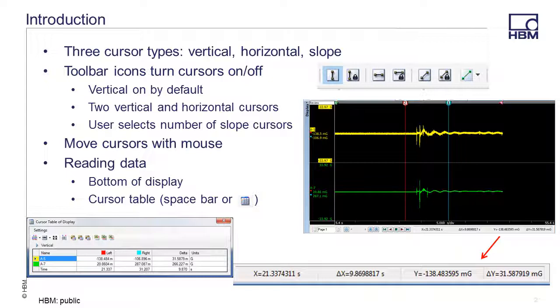Perception supports three cursor types: vertical, horizontal, and slope. Icons in the toolbar are used to turn the different types of cursors on and off. Vertical cursors are enabled automatically. You will find them docked at the far left corner of the display. When vertical and horizontal cursors are turned on, two of each type are displayed. With slope cursors, the user decides if they want 1, 2, or 3 cursors using the final icon in the